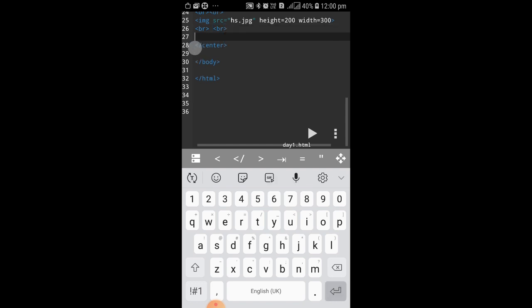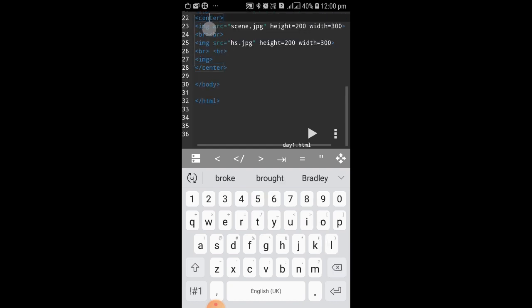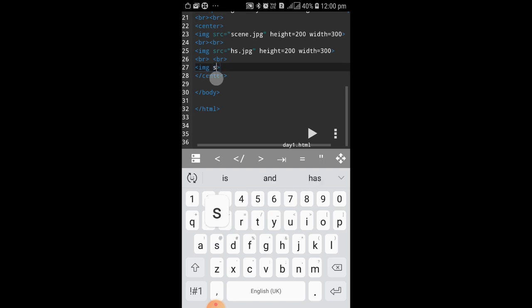Then after that you put the image. Image img source, src is equal to,